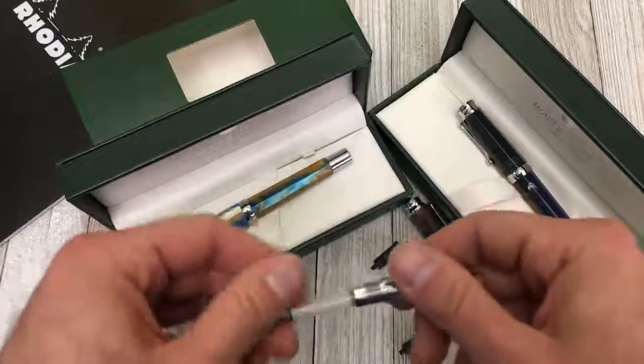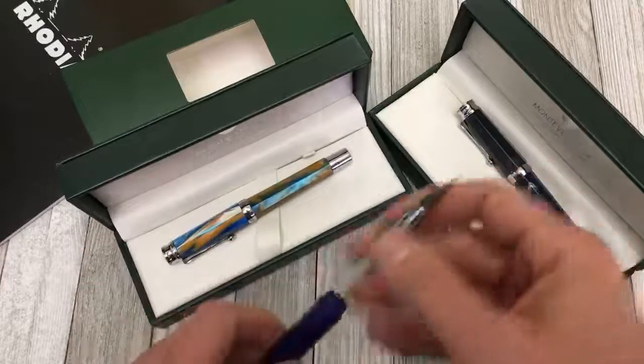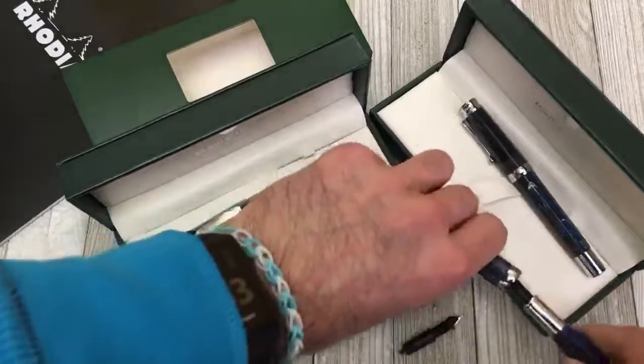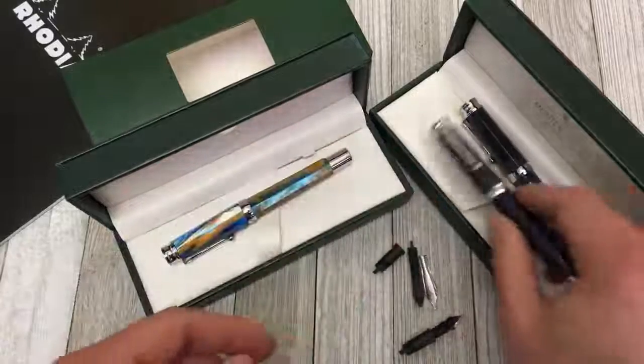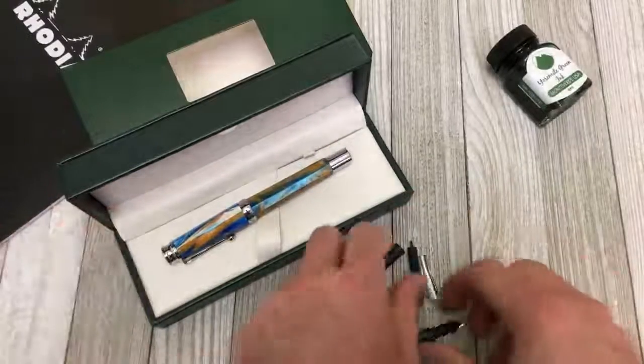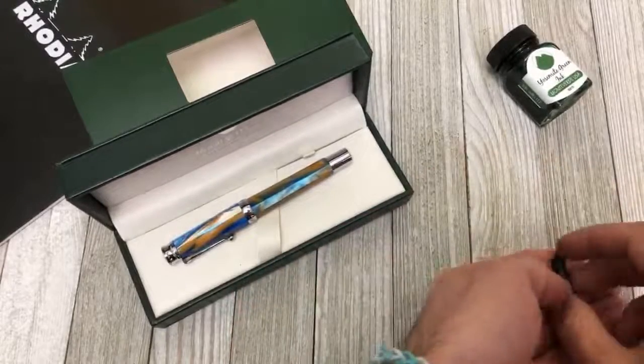So, all right. So yeah, you could do some nib swapping on there. Just figured I'd do a little bit of a sidebar on that one. And we'll get to doing a writing sample. And just feel free to shoot out any questions if you've got them while I'm putting stuff and moving it away here. Today's ink of choice